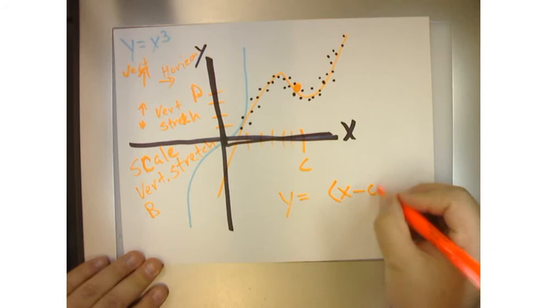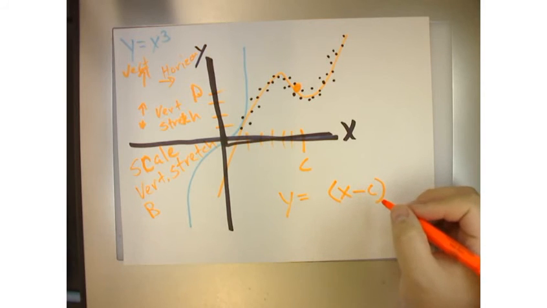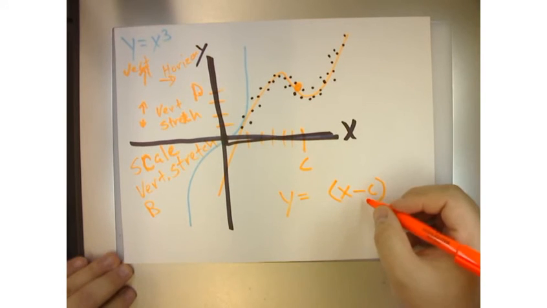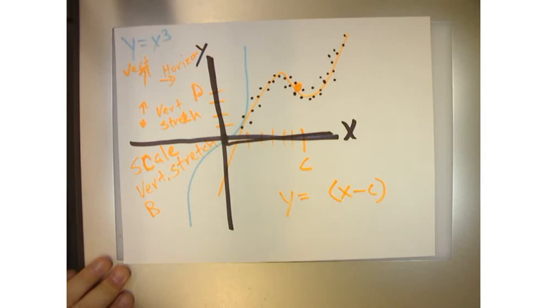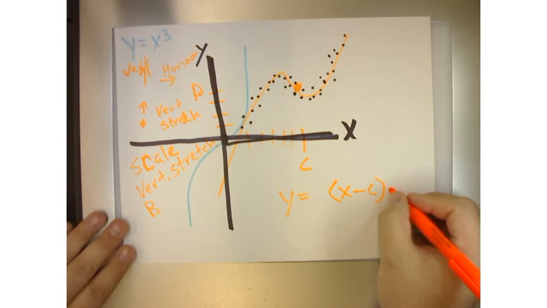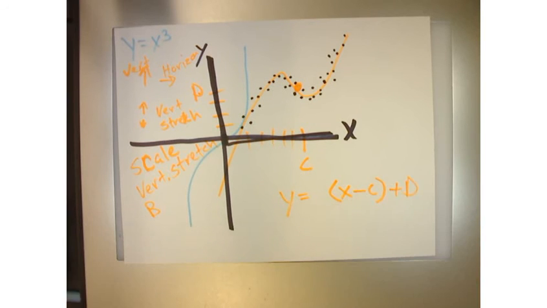C units, right? Because that's the horizontal shift and we go in the opposite direction. Then I would want to shift up D units, right? So what would I do? I'd say plus D. And then to vertically shift